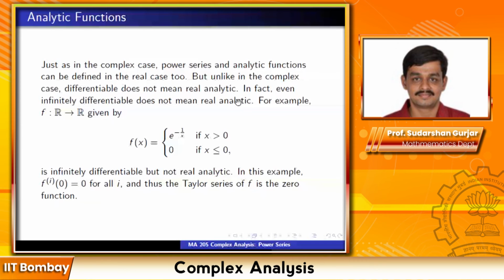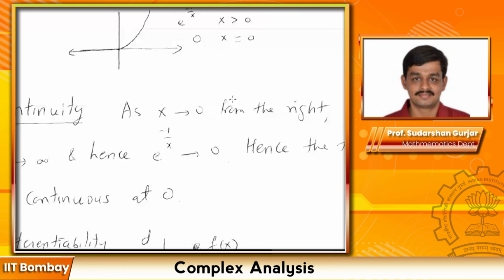So here is how the graph looks. For x less than 0, it is 0. Then it starts increasing, and it increases at a rate which is infinitely slow at 0. It increases at a very slow rate at 0. This is how the graph looks. This is one handwritten page which I added at the end. Everyone can see the page, right? Yes, sir. Okay, so even before talking about infinite differentiability, let us first check that the function is continuous at 0.